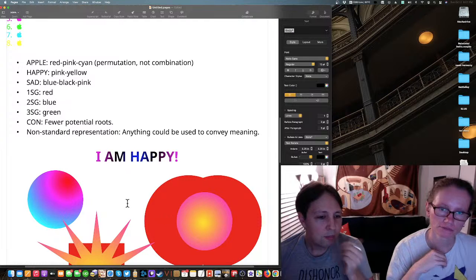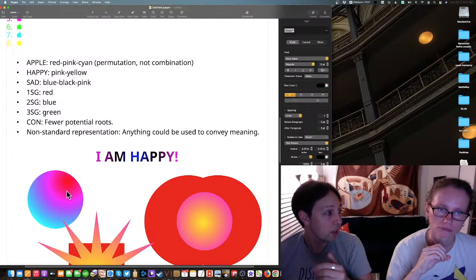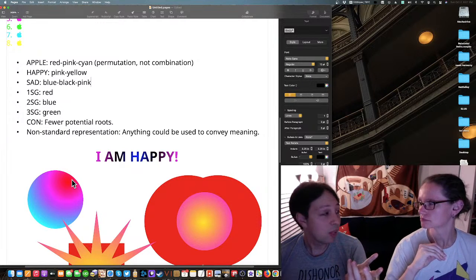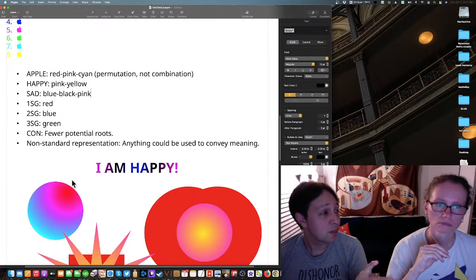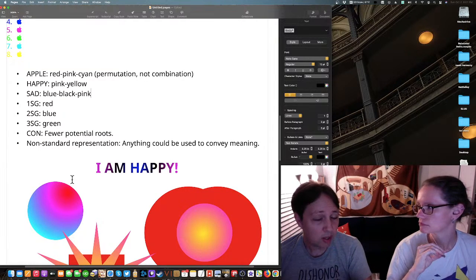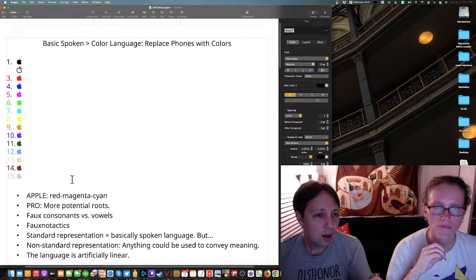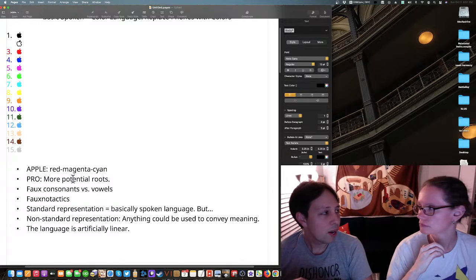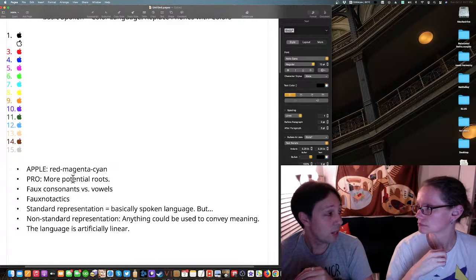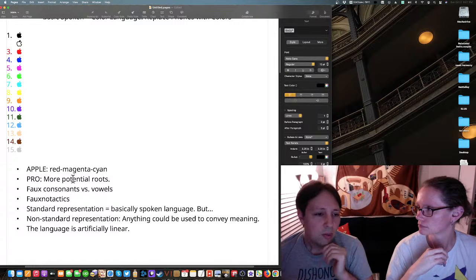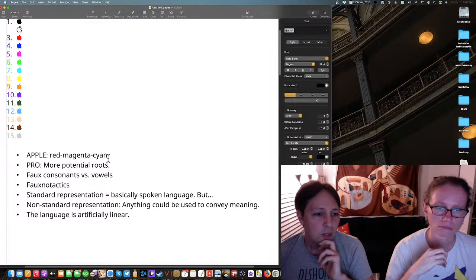Yeah, and because you can mix like this, there's a bunch of things you could do. For example, these are gradients. They don't necessarily need to be. They could just be right in a row. You can make flags and banners out of them. You can actually make them so they look quite linear if you want. You just don't have to. Here, you can't let them mix. But that doesn't mean that there isn't a lot of variety in terms of things that you could do with that linearity, you know? Something that you could do that would be very, very cool.